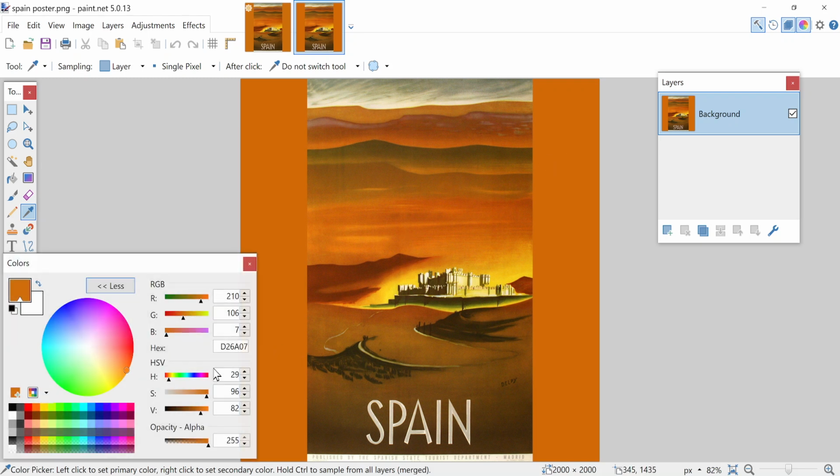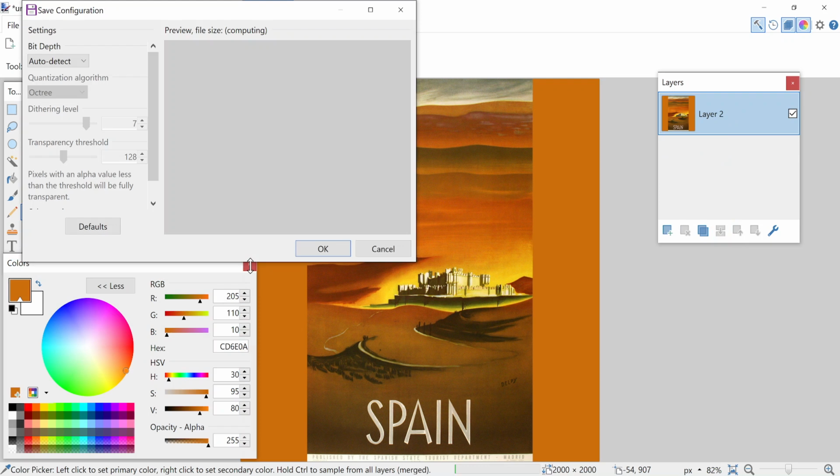And we're seeing that that gives us a hex code of D26A07 versus the very similar color here, CD6E0A. So you can use the color picker and you see there's a bit different tone. This is more pumpkin and this is more maple leaf. We'll go with maple leaf here and merge the layers down,